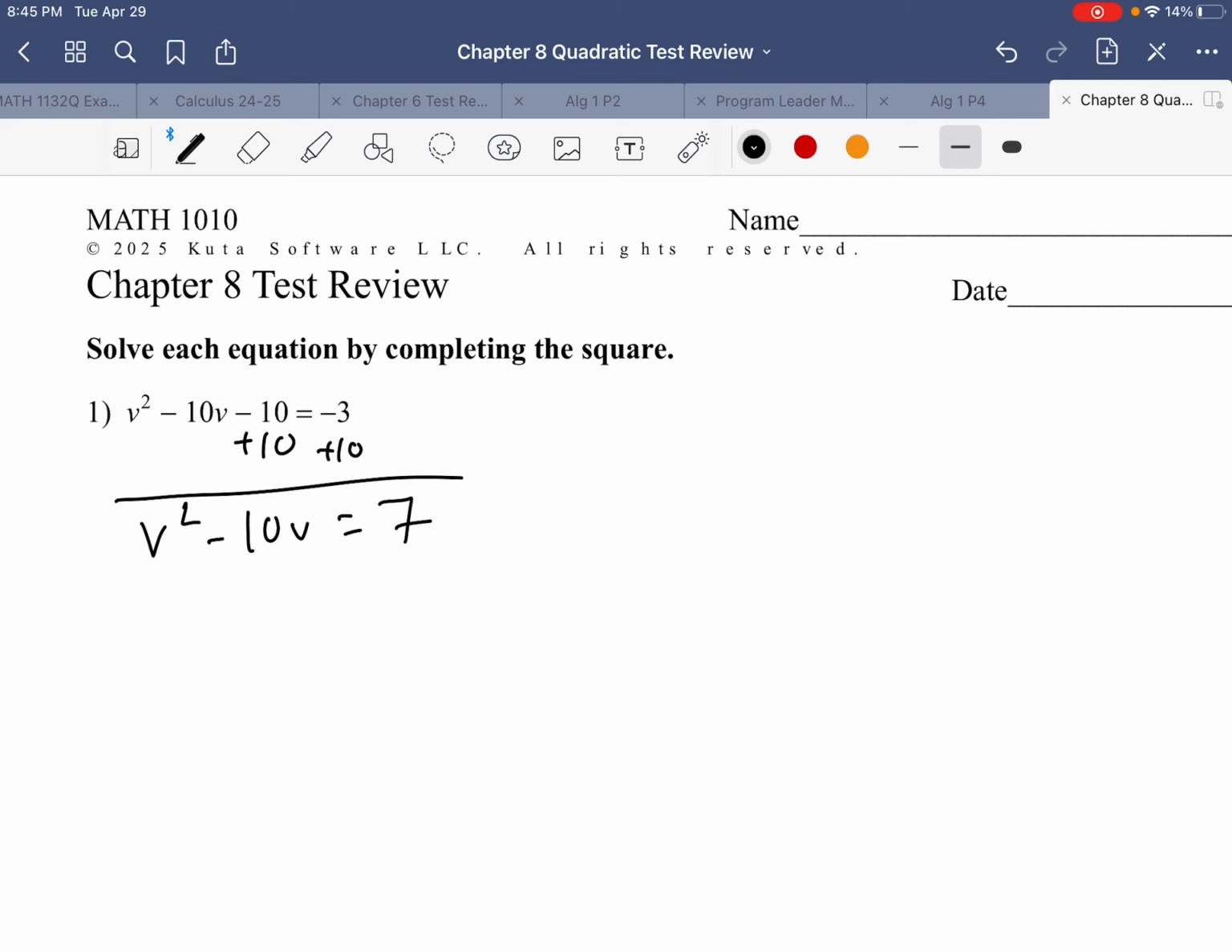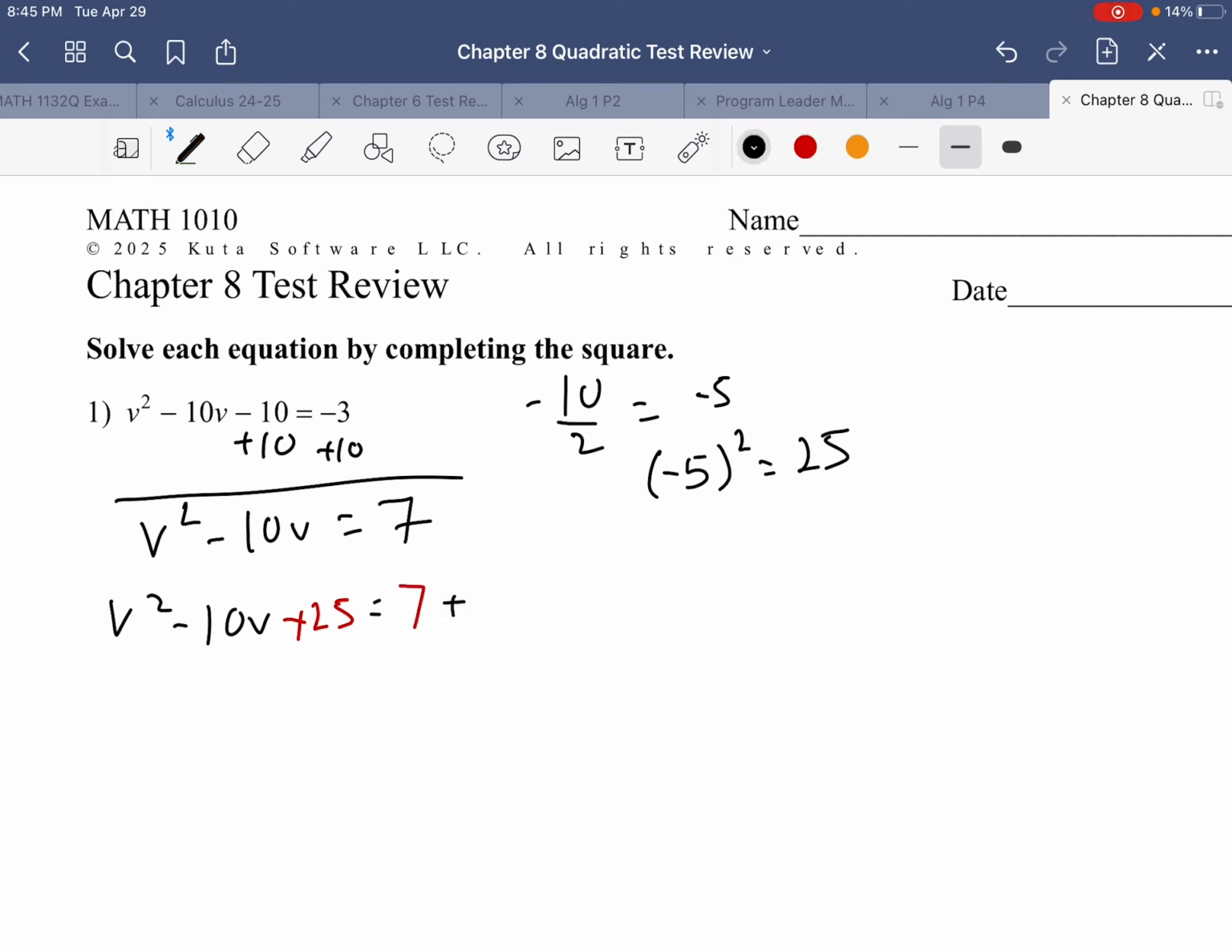So the b, or the coefficient of the linear term in this case, is going to be negative 10. Negative 10 divided by 2 is equal to negative 5. I'm squaring negative 5 to get 25. So v squared minus 10v plus 25 is equal to 7 plus 25. The reason why I'm adding 25 is I want to write this in the form v minus 5